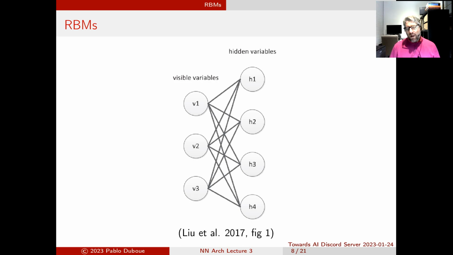The RBMs are an example of a generative method, because we can use them either way. Once the system is trained, we can set these hidden variables, and the system will produce visible variables. In the original harmonium paper, they even use a large set of visible variables with partially observable visible variables. And then what the system is doing is feature imputation. The system realizes that this information was not observed, and the most likely value for these missing visible variables is then set by the network.